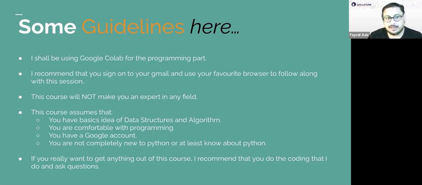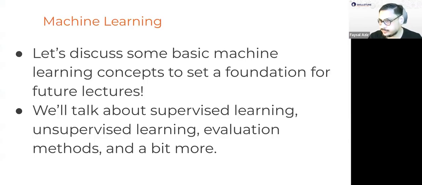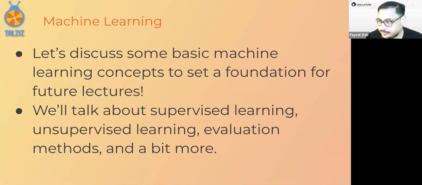So the topic being machine learning with Python, let's try to understand what machine learning is at first. When we talk about machine learning, generally we talk about two kinds of machine learning. There's supervised learning and unsupervised learning. Although there are other kinds of machine learning, that would go beyond the scope of this course. So I will limit my talks to supervised learning and unsupervised learning as far as machine learning is concerned.